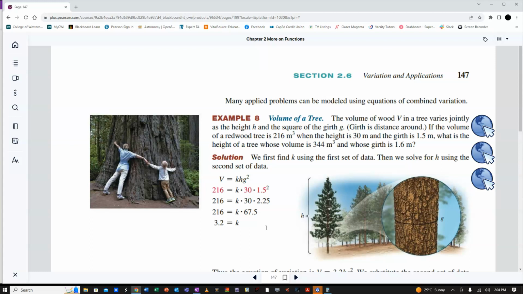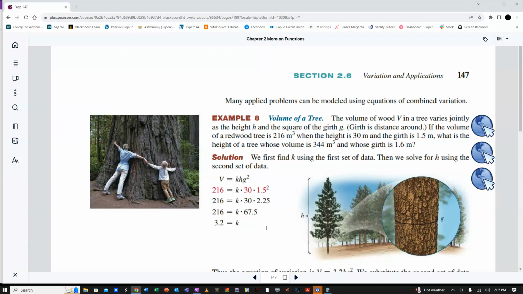The volume of wood V in a tree will vary jointly as the height of the tree and the square of the girth, which is basically the distance around the tree, which you can think of as being the perimeter or the circumference of the tree. If the volume of a redwood tree is 216 cubic meters when the height is 30 meters and the girth is 1.5 meters, what is the height of a tree whose volume is 344 cubic meters and whose girth is